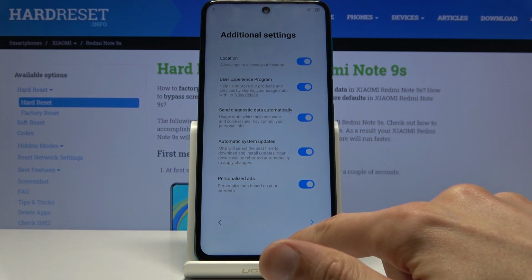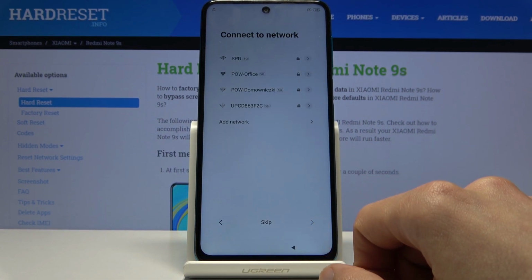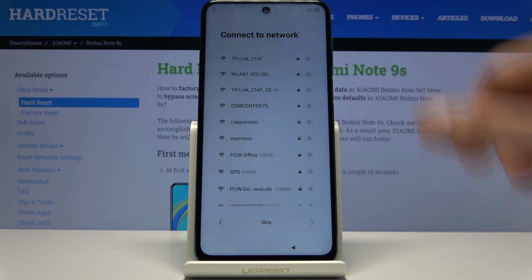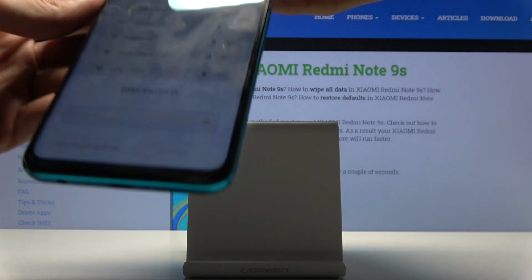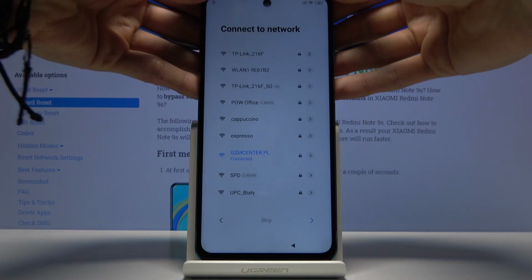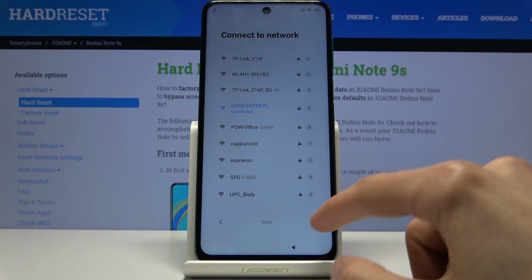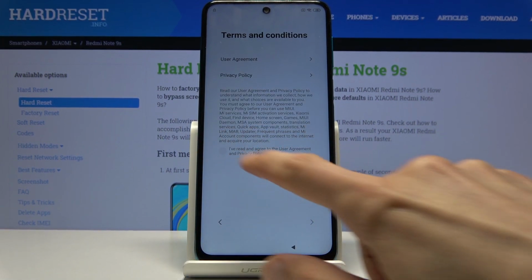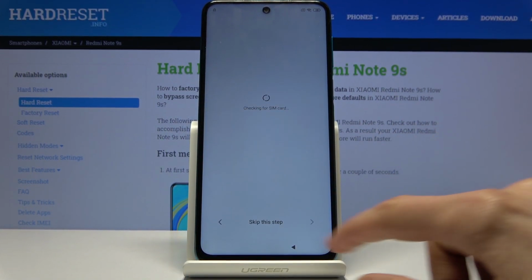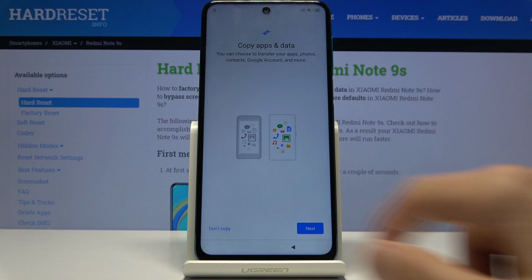And now that it's added, we're gonna just simply go back to the Wi-Fi and reconnect to the network. So let me just put in the password for my network and connect, and there we go. So we're now connected, and from here again we're gonna go to next and agree to all that stuff. Skip this step, next, don't copy,